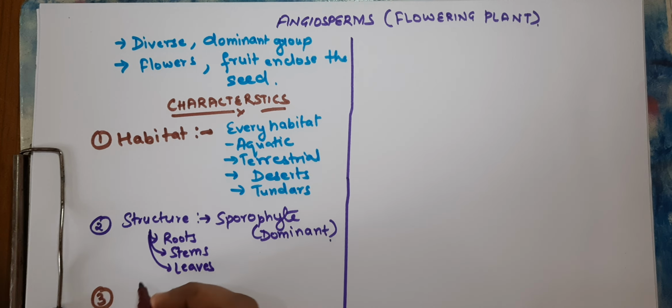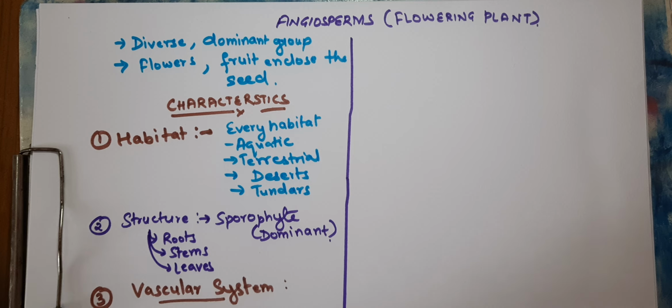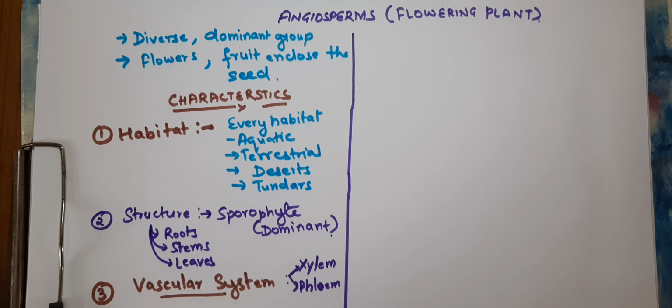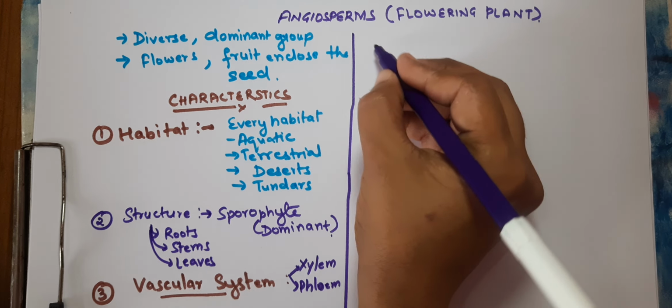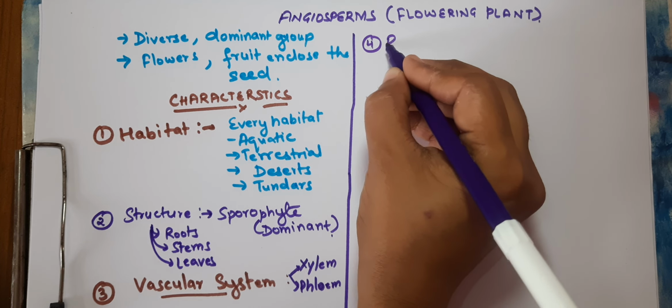The third important feature about the angiosperm is that they have a vascular system. The vascular system is very essential for survival in a vast diversity of habitats. I already told you in my previous video what the vascular system is. The vascular system has the conducting tissues. What are the conducting tissues? They are the xylem and the phloem, and these are required for the transport of nutrients and minerals in the plant. Now, if we talk about reproduction, students,